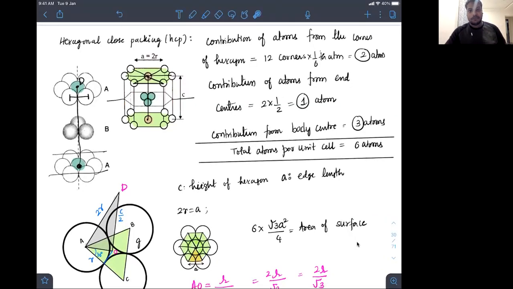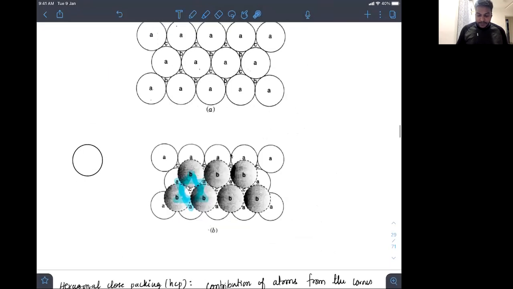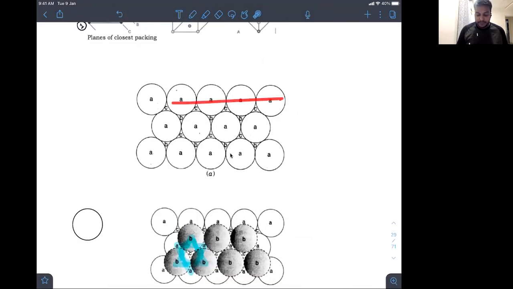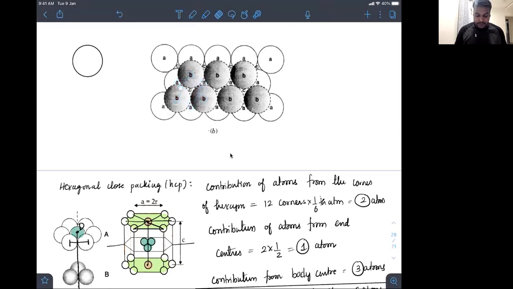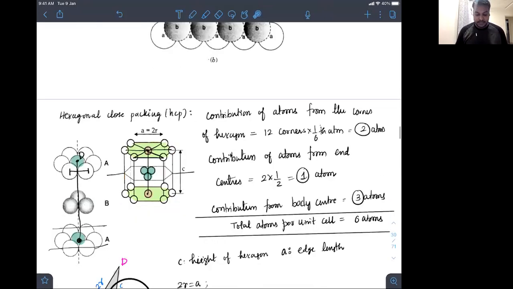Now imagine the same packing, what I told you, how it looks. If it is A type of packing here, see, this is what we discussed earlier, A type of packing, then we have B type of packing, and then C type of packing. If we keep doing that in 3 dimensions, this will become ABC type of packing, which is going to give us FCC. But if you have this packing, students, where you have A, B, and again A is repeated, A, B, A, B, A, B, A, B type of repetition is seen, then that becomes hexagonal close packing. You see, this is how it is.